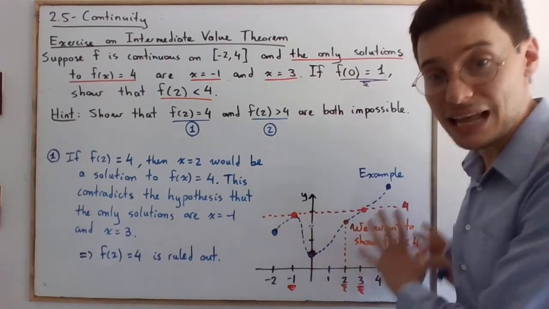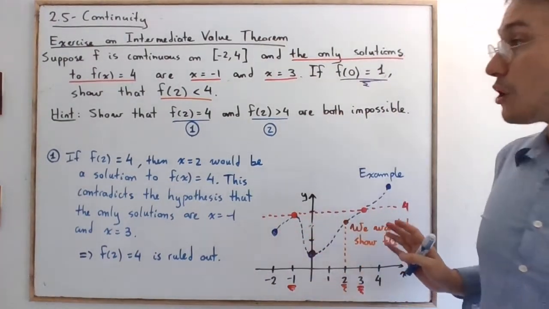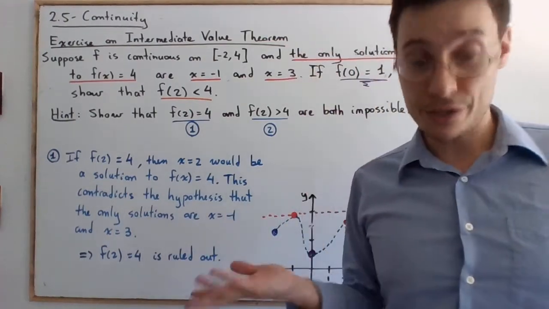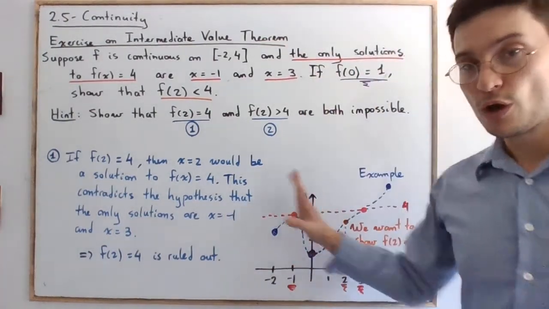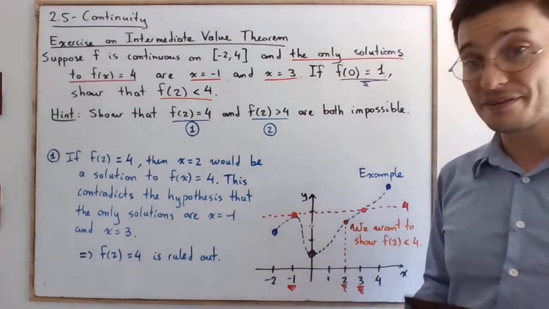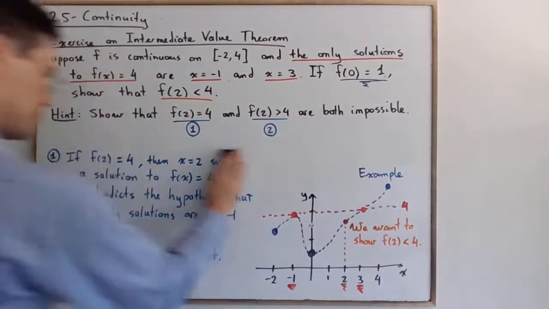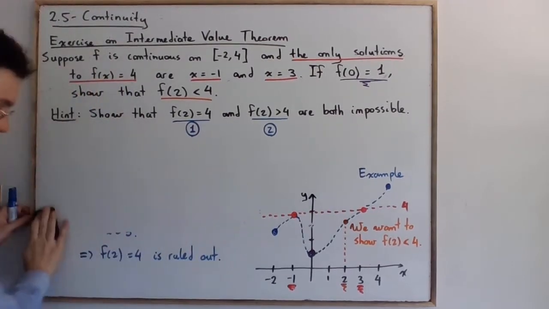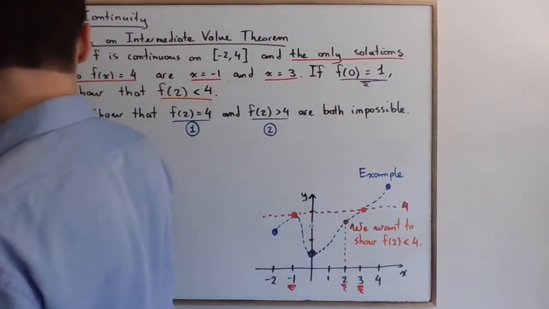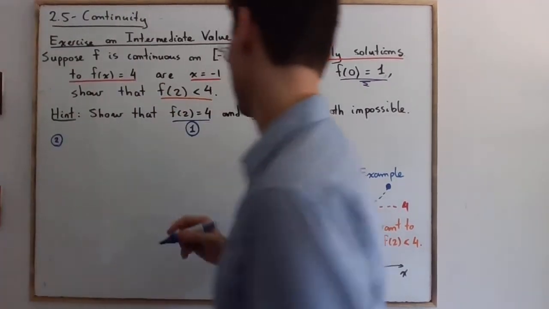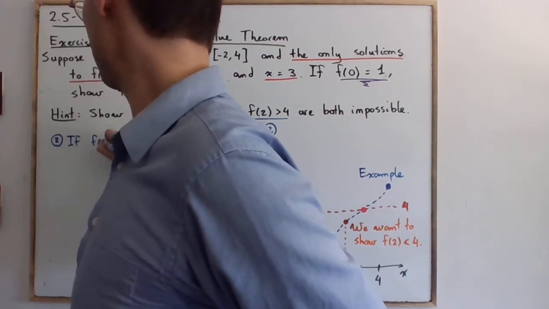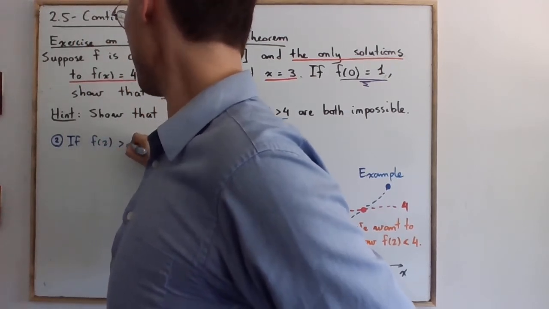Okay, I would like to keep my diagram. So what I will do is I will erase the step number 1 and we're gonna continue with step number 2. So you might want to take it down, or if you need to refer to it, rewind in the video. Okay, all right, step number 2, I'm gonna go slightly higher. So if f of 2 is greater than 4,